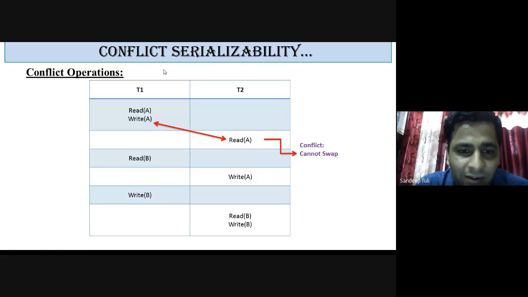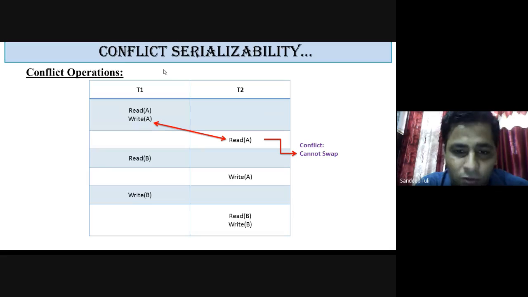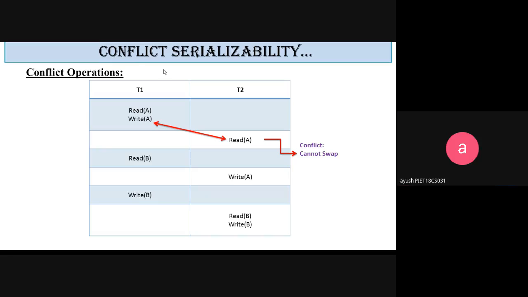Suppose transaction T1 reads A and then writes A. So it is updated by transaction T1, and T2 is reading the updated value of A. Now suppose we swapped it. It means that reading of A by transaction T2 occurs prior to the writing of A. So it will actually be conflicting, so we cannot swap them. The updated value of A is not reachable to transaction T2. If you swapped it, T2 will get the original value of A. What do we need? We need its updated value. That is why the conflicting is there and we cannot swap it.